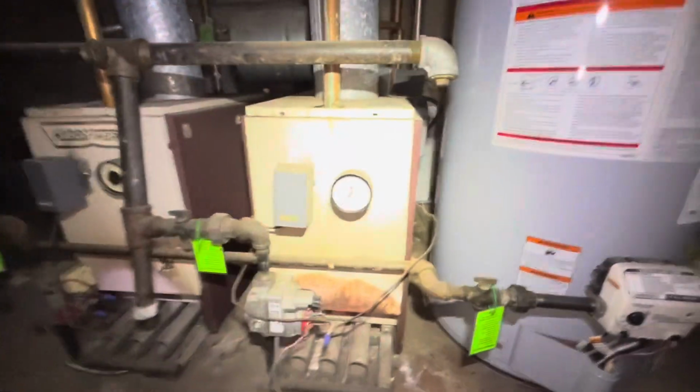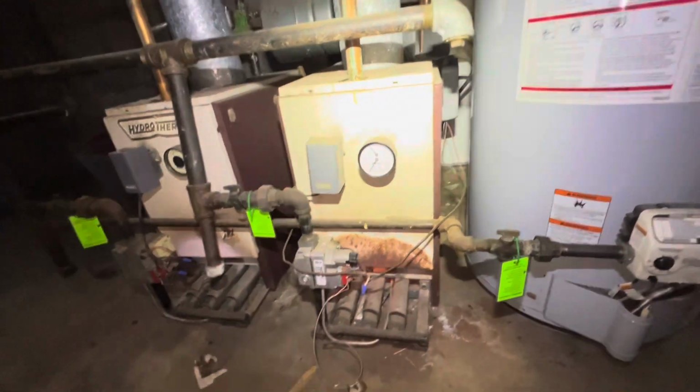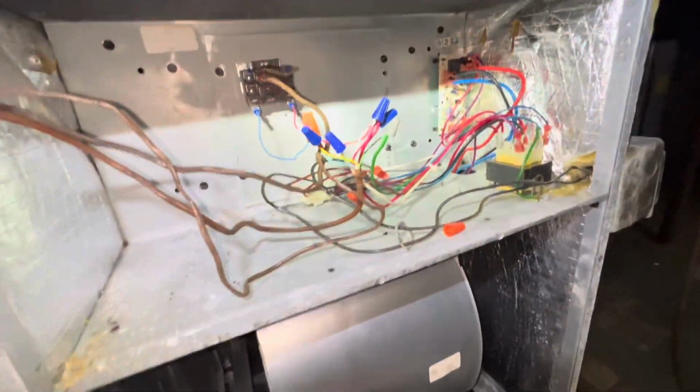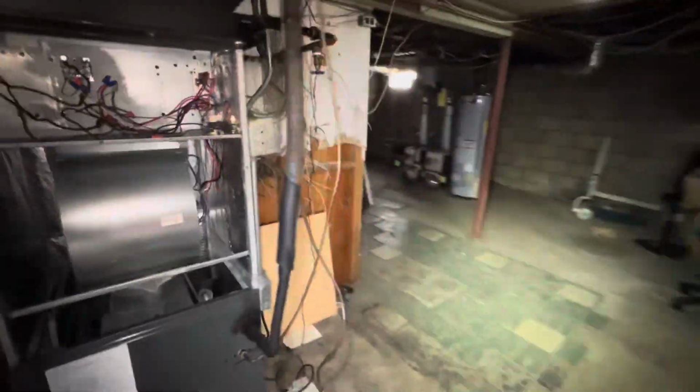And look at that. Our pressure is 25 psi. If that's even accurate, who knows? So it is what it is. He's up and running. He's got heat and he's got air conditioning. It's wired in a way that will work with no issues. Would it be nice to have some form of temperature control? Yes, but